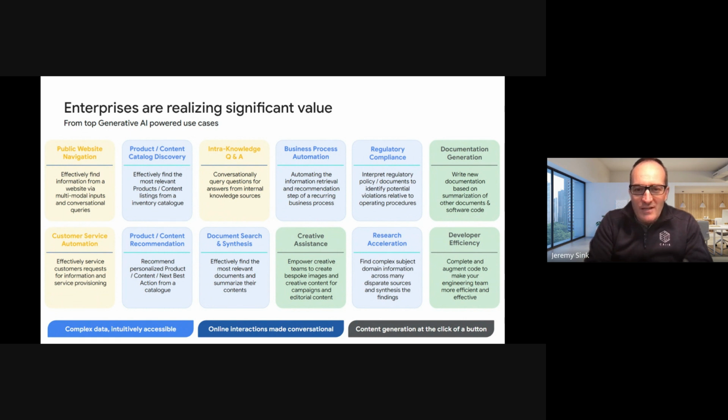So here we've got, I think, purely the generative ones on here. I'll just call out, right? There's document generation, there's creative assistance, developer efficiency. That could look like create code or be my code assistant or my code companion. There's product or content recommendation and creation.